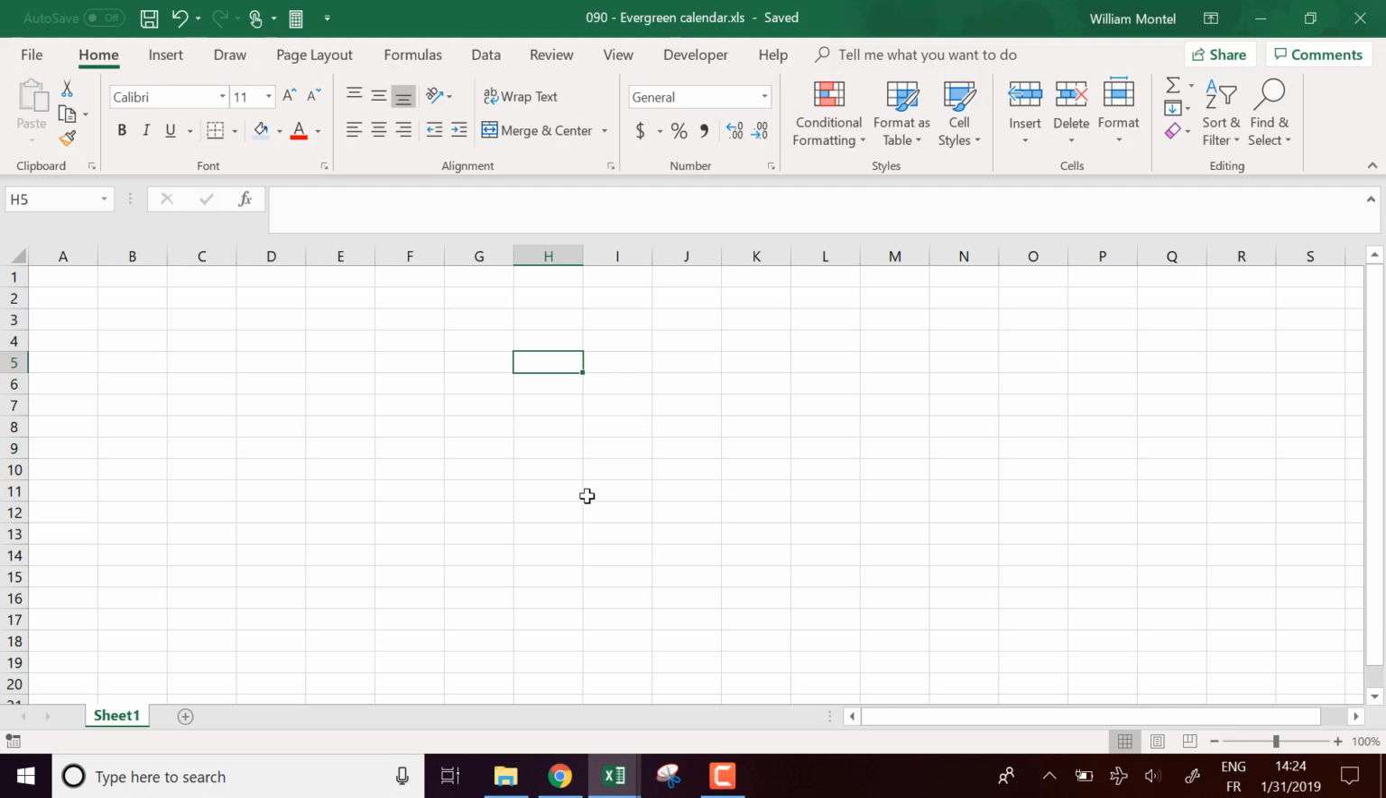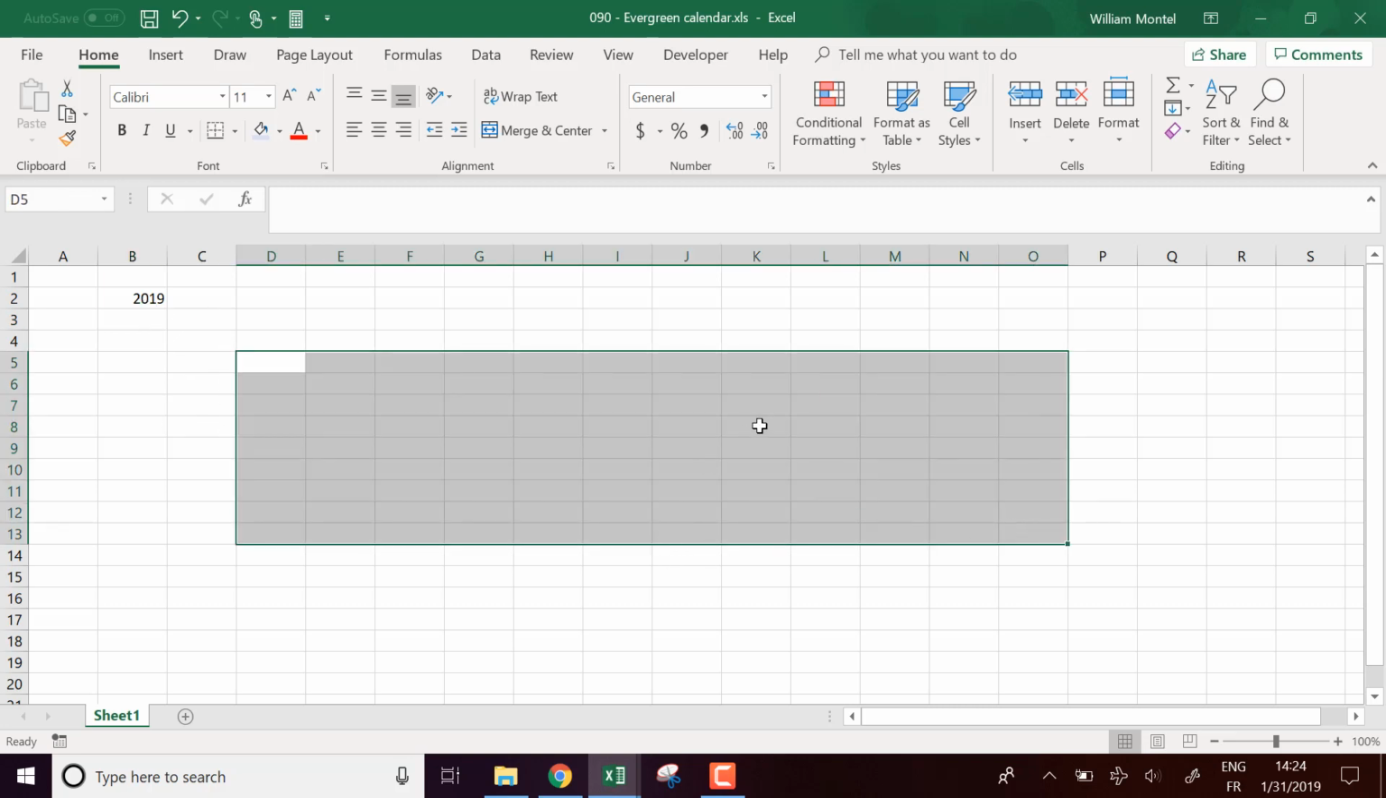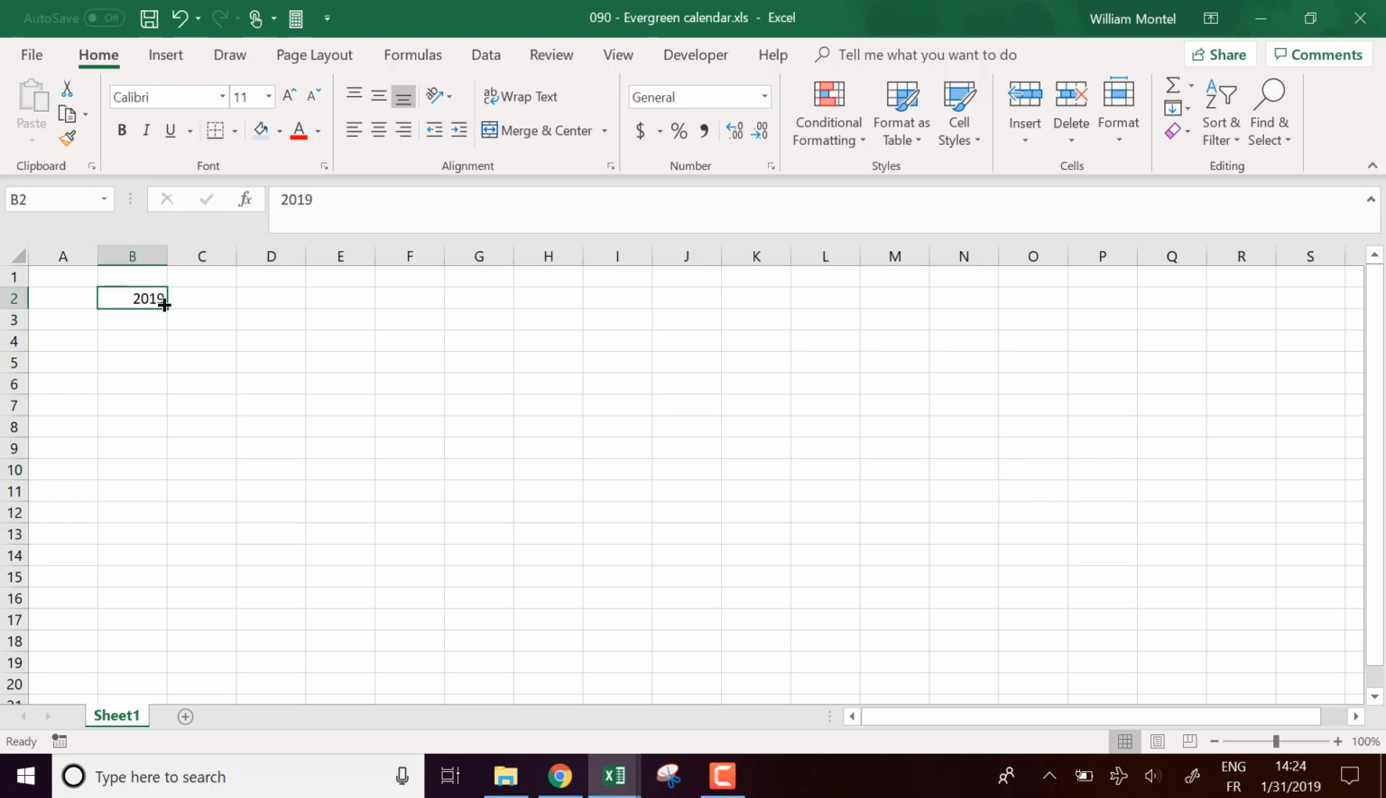Today I'm going to show you how to make a calendar template, and we're going to make sure that it works every year, so it's going to be evergreen. We're just going to take the year here as a parameter, and this will give you a calendar for the whole year. So next year, if you want to update the template, you will just have to change the year here, and you'll have the correct